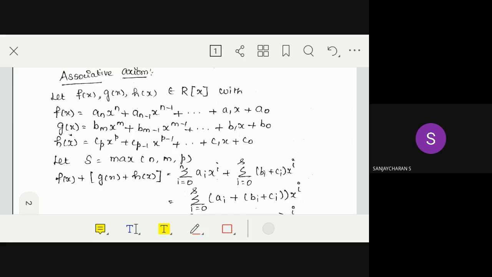Three polynomials, I am defining. Here I am defining one more term: s is nothing but the maximum of n, m, p. Previously, when there were two polynomials, we took the maximum. Which one is maximum, n or m? n is the maximum, we already took that in the theorem statement. So we can consider n is the maximum. But here we define three polynomials. So under this